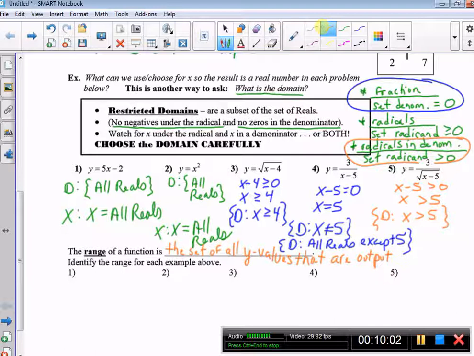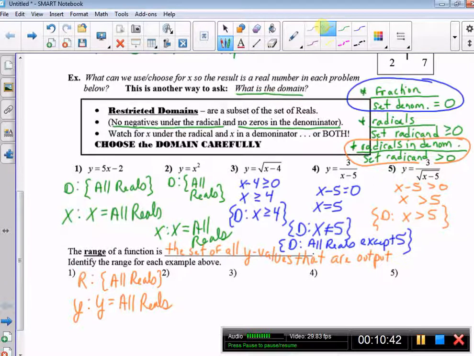So on number 1, every x value that you plug in yields a y value. So the range is all real numbers. So I use R. Range is all reals, or y such that y equals all reals, because I'm looking at the y coordinates. Number 2,